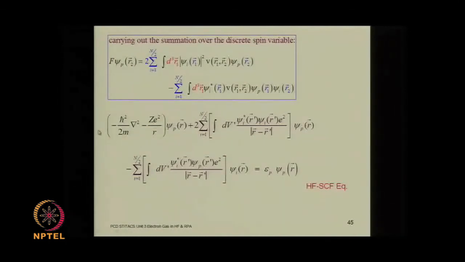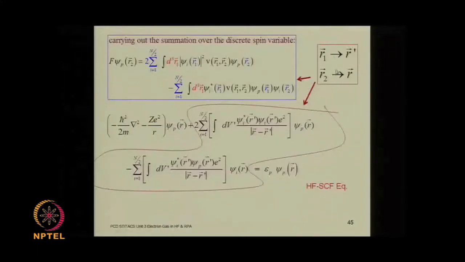So, you have got the one electron operator psi p, that is just the Hartree-Fock equation that we are working with. We are rewriting it in equivalent but more convenient forms. So, there is no new physics which is emerging as yet, but it soon will. We are equipping ourselves with a certain notation which is convenient for us to develop subsequent analysis of the random phase approximation. And if you now do a little further transformation of variable,